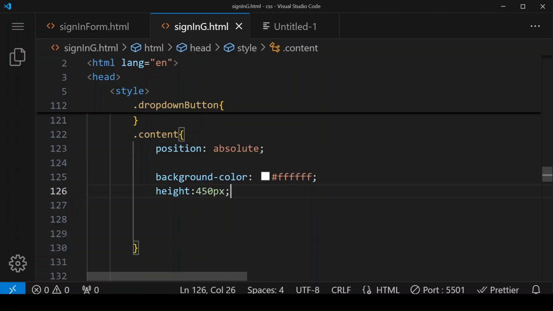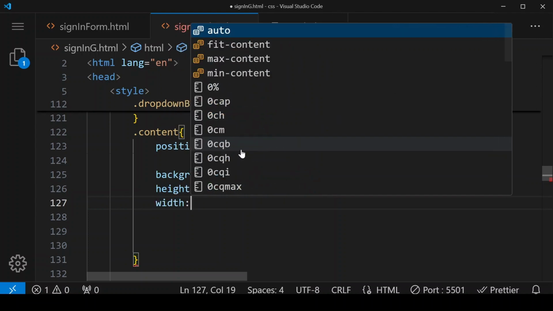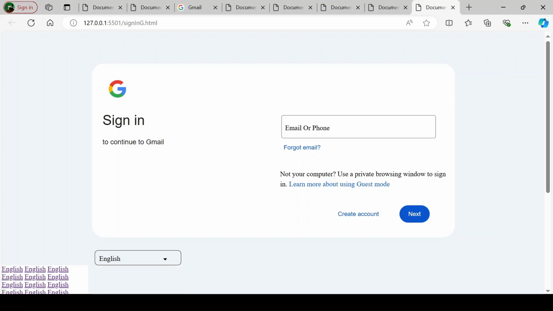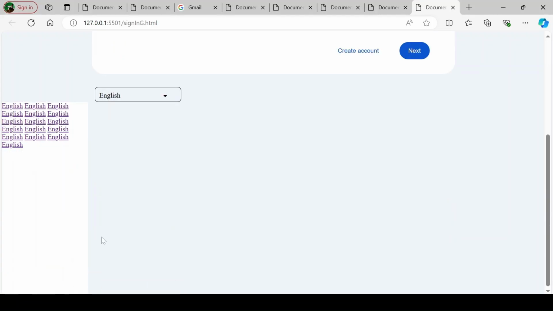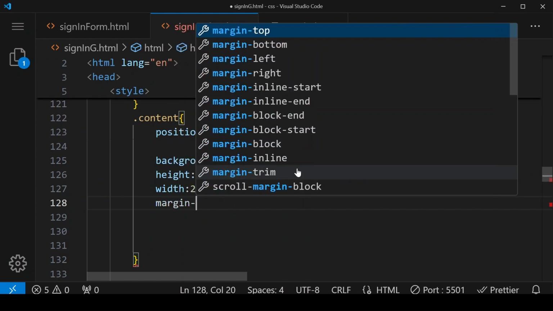Now we are giving height to that list. Width, so it is 200 pixel. So this is our list. Now we have to bring it here. So we have to set its left margin. So margin left,